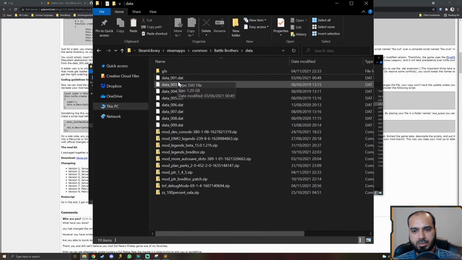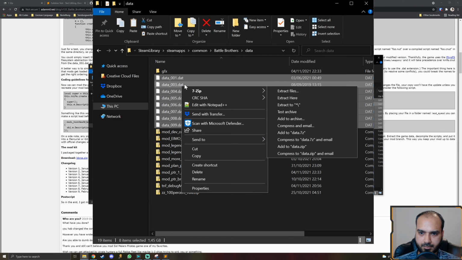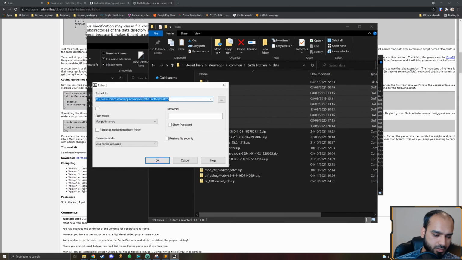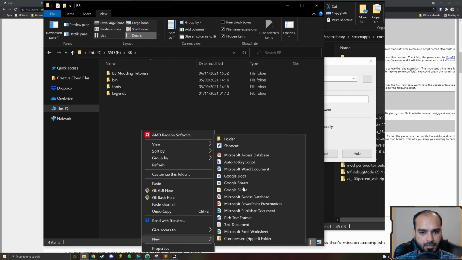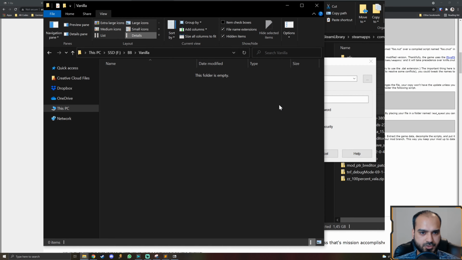Okay. So what we need to do is unzip all of these files to a particular folder. Select all the files, then 7-zip, extract files. Here you can give the path where you want to extract it. I would like to extract it to a folder over here. So let's make a new folder, call it vanilla. I'm just going to copy the path of this folder, f/bb/vanilla,